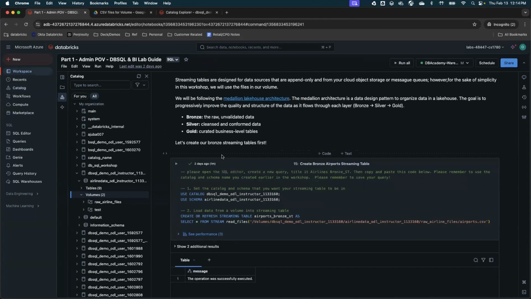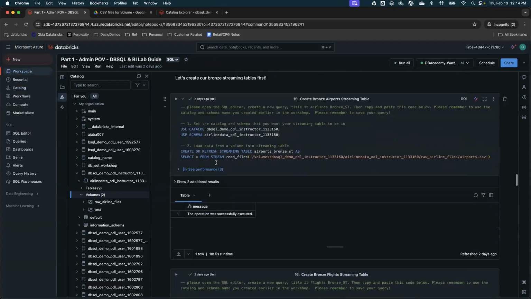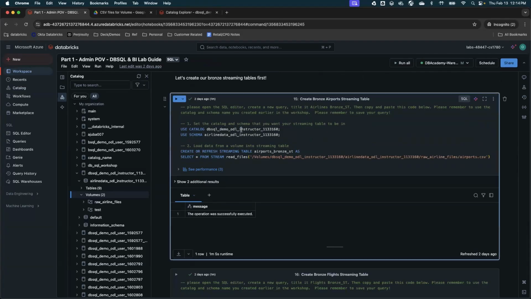So once you are able to get into volumes, what you need to do is go to the next cell where we are executing, the 15th, and there, as I mentioned, copy your catalog name or schema name, then you create a refresh streaming table. So use the same query. The syntax is simple. You type create or refresh streaming table, as you want to make sure your queries are idempotent.